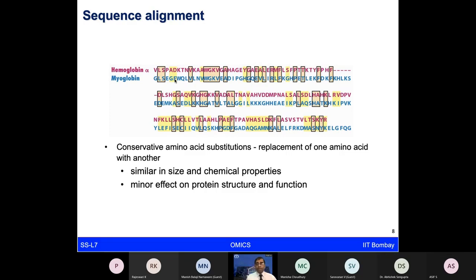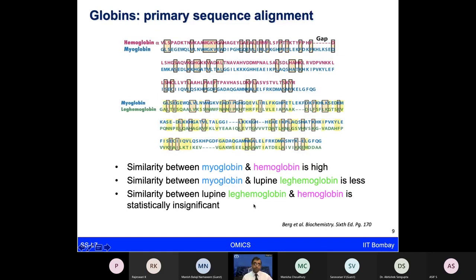Based on looking at these sequence alignments and how many conserved sequences you have, one could get some idea of how these proteins are going to work and how they are going to show changes in function. Therefore, this kind of sequence alignment is the first thing you want to do when you are looking at specific proteins and you want to understand their sequences.